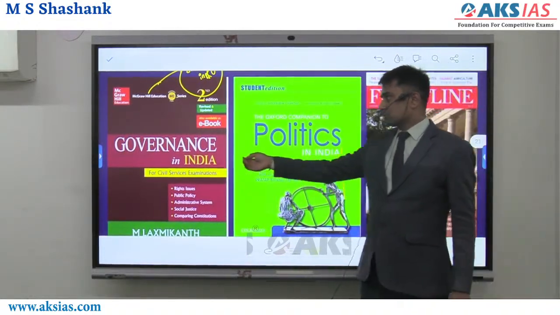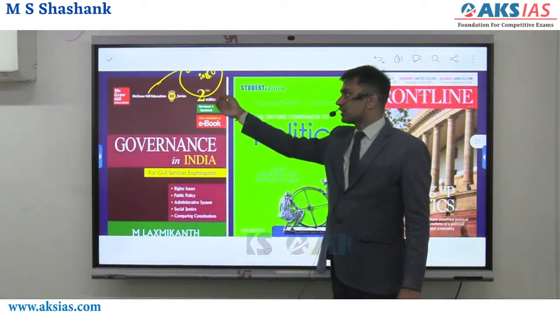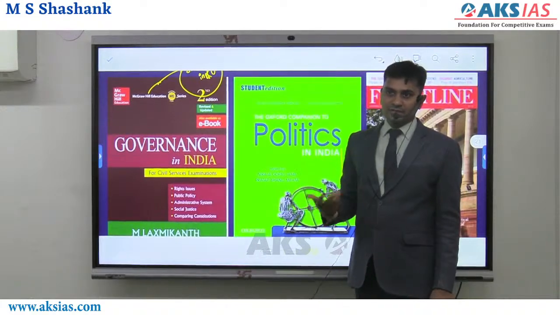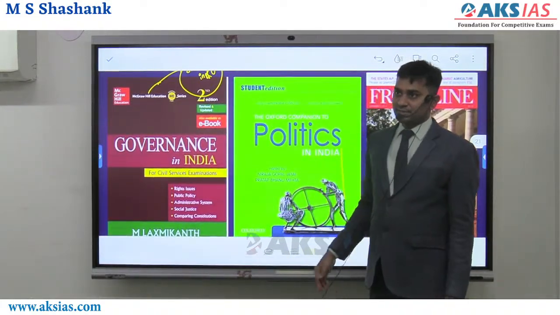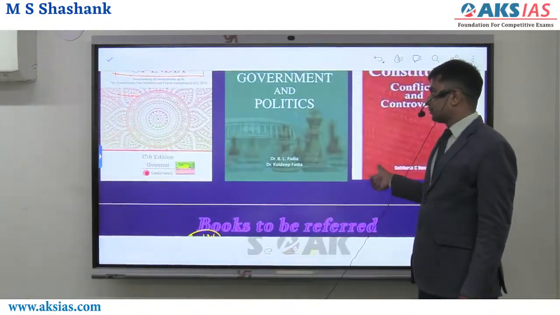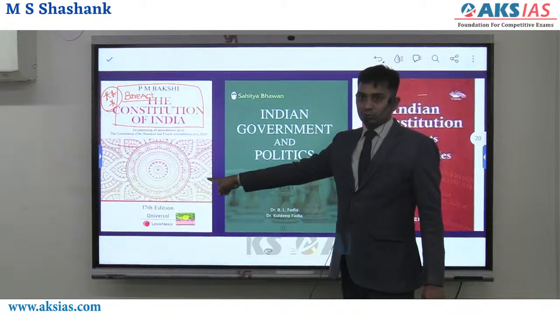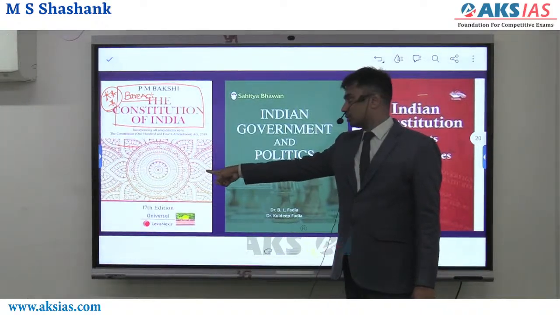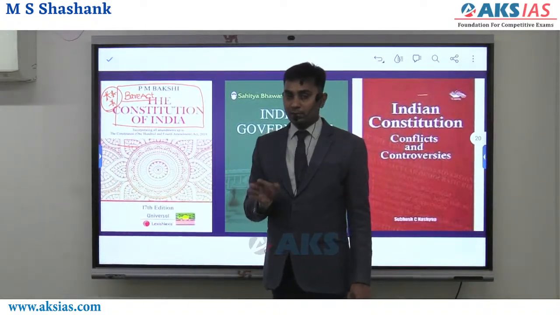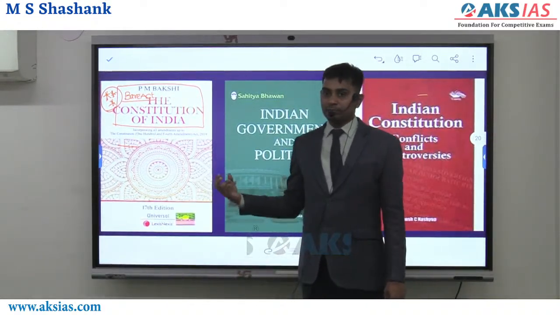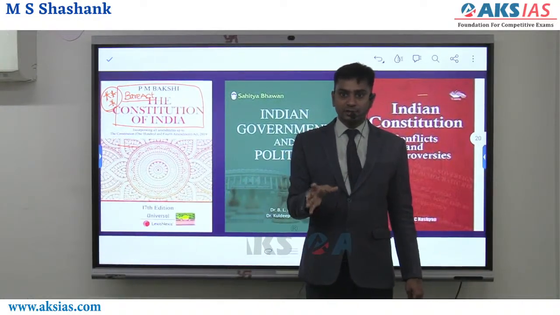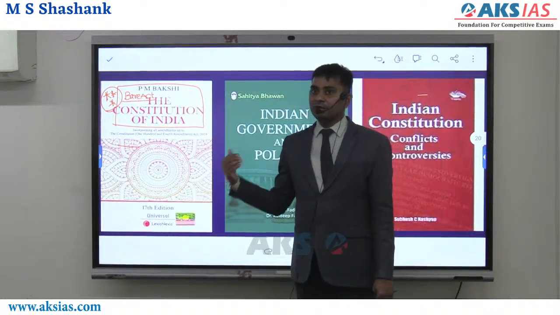This book is not necessary, because more or less the salient Indian statutory institutions will be covered in class. Whatever Laxmikant has said is more than enough also. So no need for that. But this book everyone should possess. If your optional is political science, or for GS also, to get good marks in Polity, you have to memorize this. If you know which Article speaks about what, how it was framed, where everything is, if you are good at it, you are very good at the Indian Constitution.